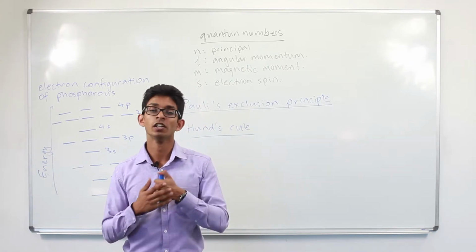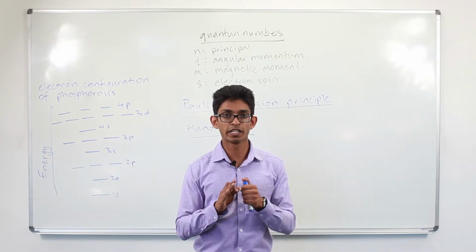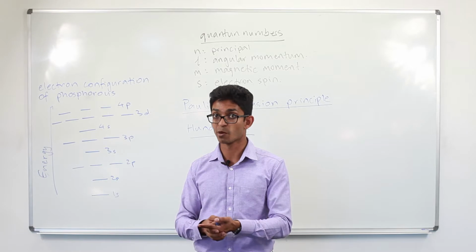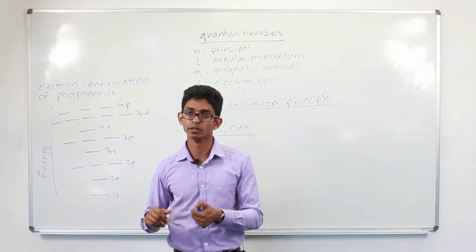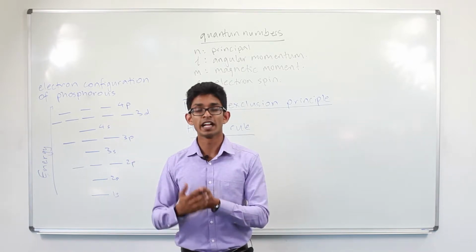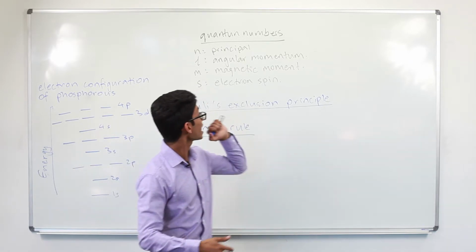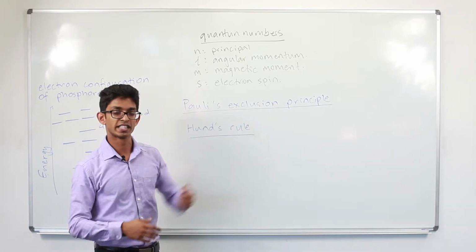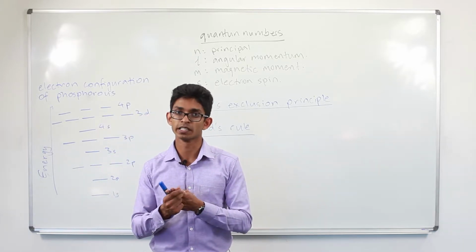You may remember from your SPDF notation that, for example, our p subshell has 3 different orbitals, px, py, and pz. And our magnetic moment tells us which of those 3 orbitals our electron is in. If we look at s, there is just 1 orbital, and so the electron can only really reside in that 1 orbital. Our last quantum number is that of electron spin, and this quantum number has only 2 properties,